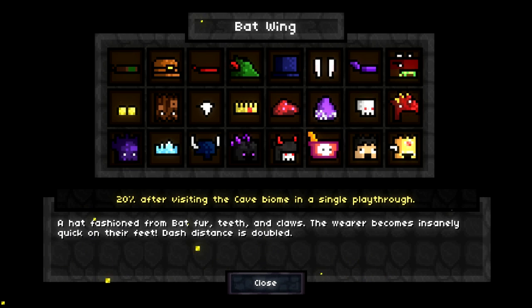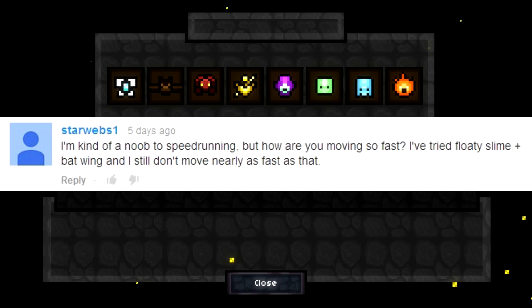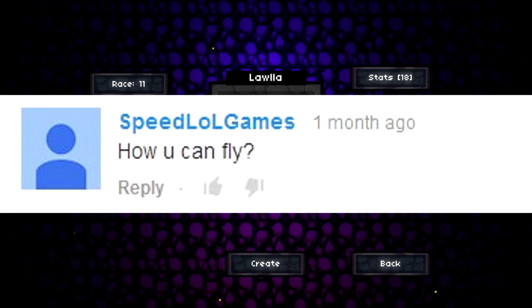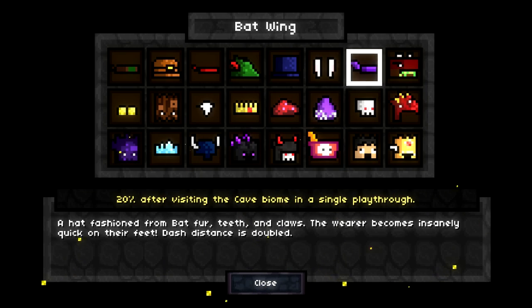Now the hat. This is where I've been getting lots and lots of comments from. I probably have them show up on the screen right now. So after all those comments, just pick the batwing,